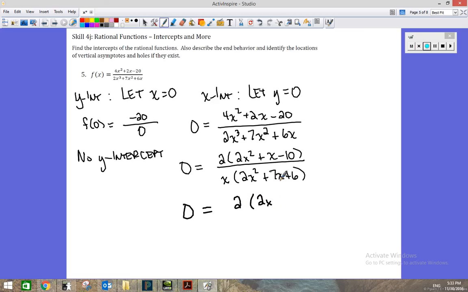So the only way to get 2x squared is 2x times x. But with negative 10, we might have 1 and 10 and 2 and 5, and one of the factors has to be positive, one has to be negative. The middle term here is positive, so